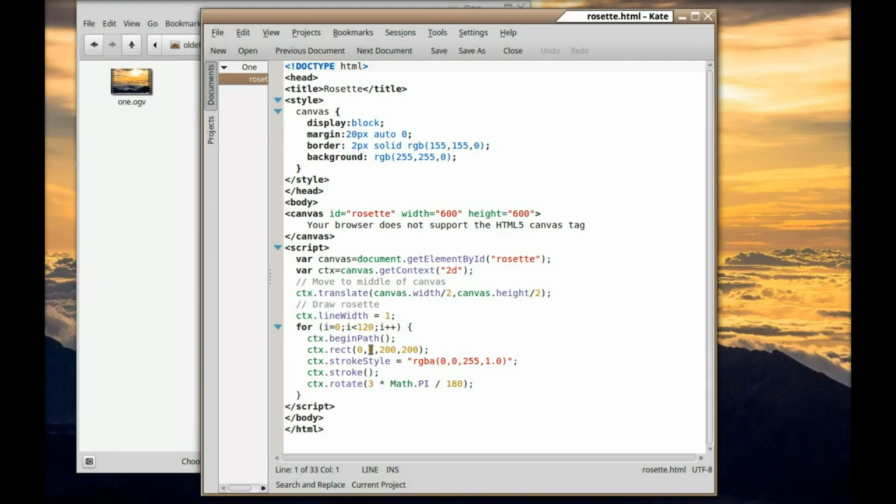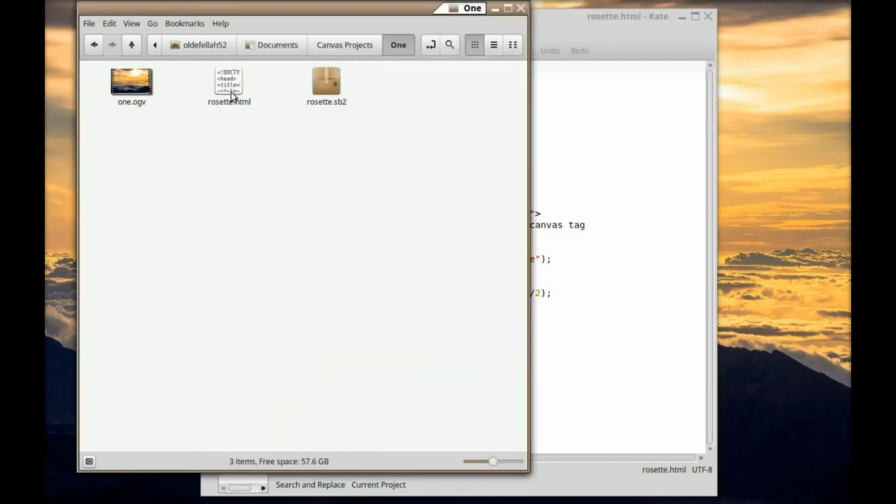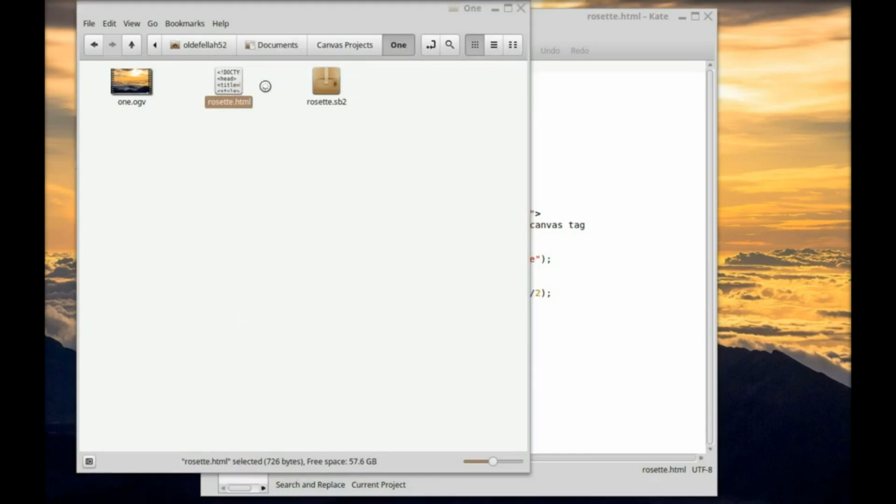I've sort of changed this already. Here's a 120 and a 3, and instead of having 4 lines to make a square, we just declare it using rect, a canvas word, to do that. And then we set our stroke style at blue, and then we say stroke, and it does it. And then it says rotate a little bit using that statement there, and it does 120 times. So we'll save it, and then we'll open it in Firefox